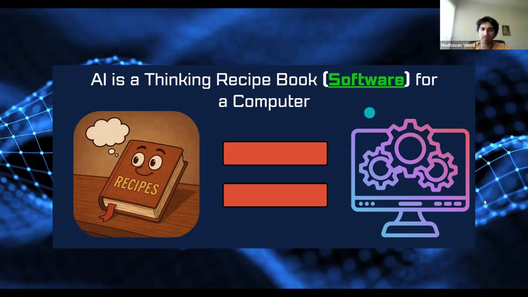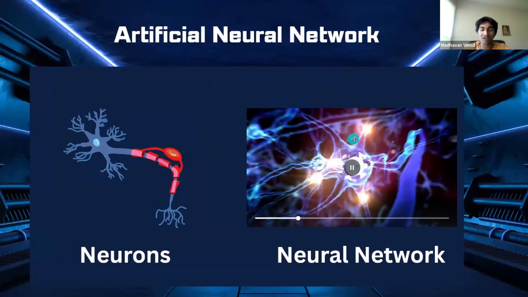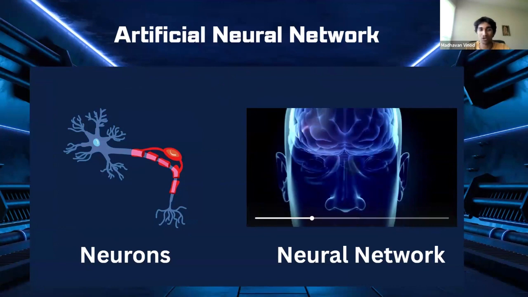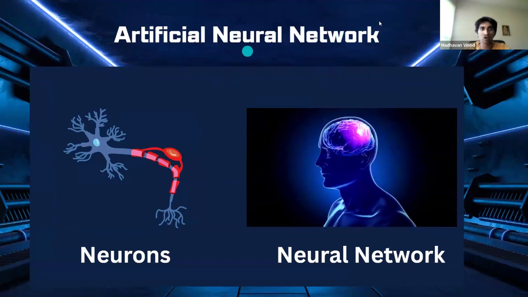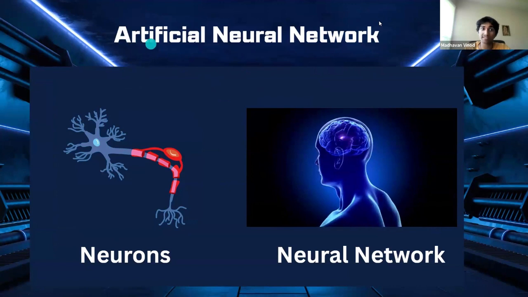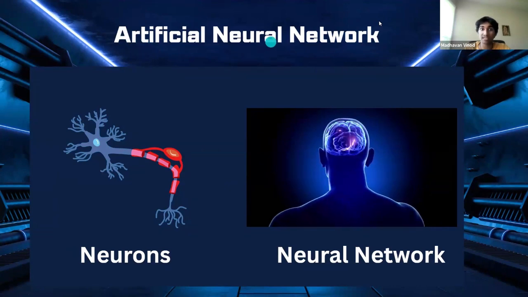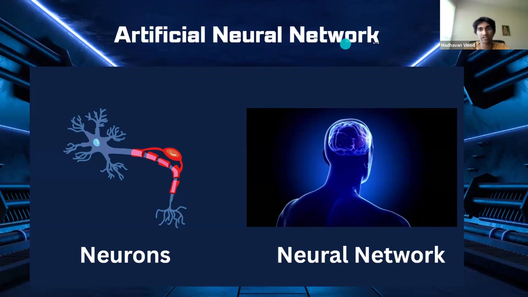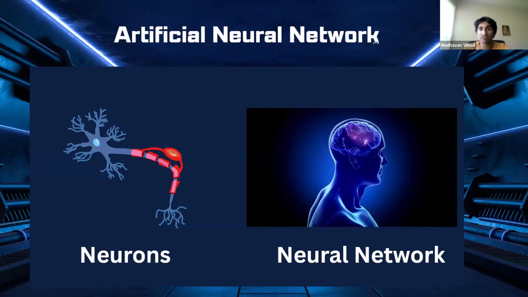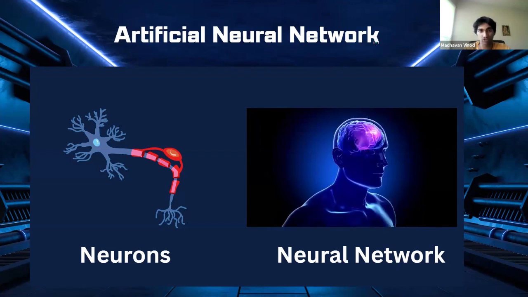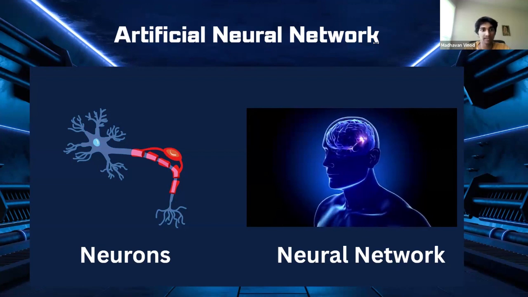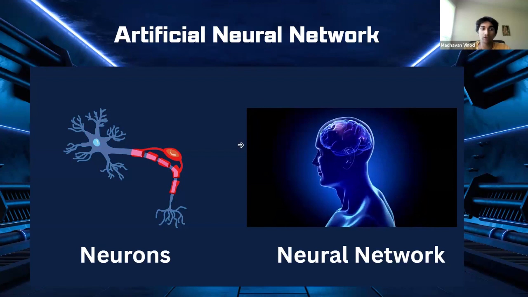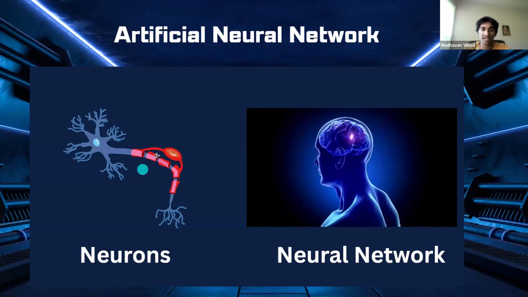We're going to talk a little bit about artificial neural networks. I know this is a pretty wordy term. Let's break it down. So artificial, this word means human made. But here's the key part, neural network. Many of you might have never heard of it. If you are a little older, maybe in sixth or seventh grade, or eighth grade, ninth grade, you might have heard about neurons in your biology class.